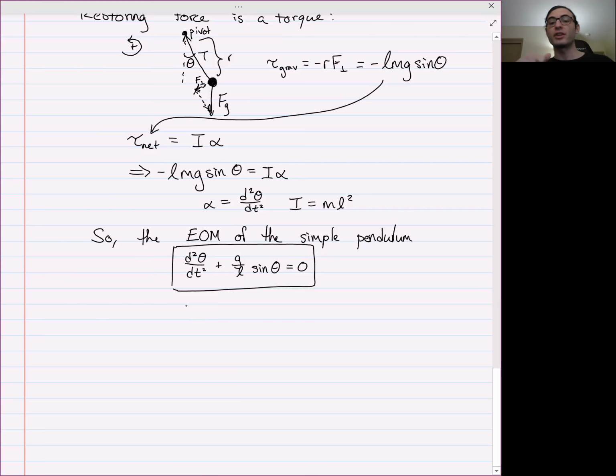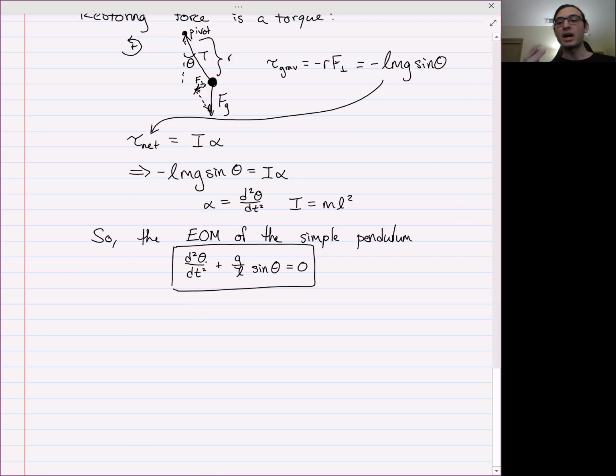So unfortunately, even though they're similar, we can't just solve this by assuming the solution that we had before and plugging it in and checking that it works. The solution to this equation is not a sine of omega t plus phi. That just won't work. If you plug this in, it will not be equal to 0 for both theta and the second derivative of